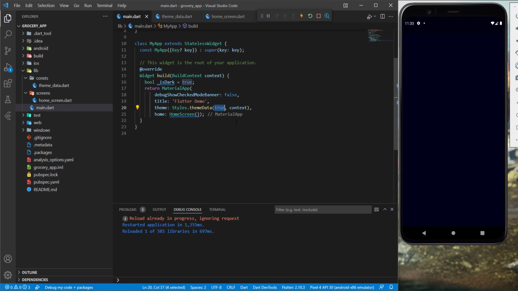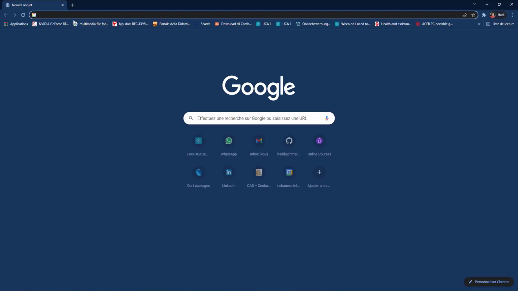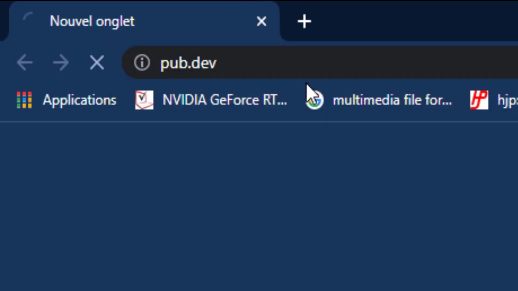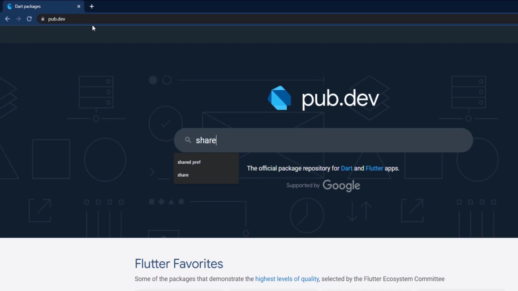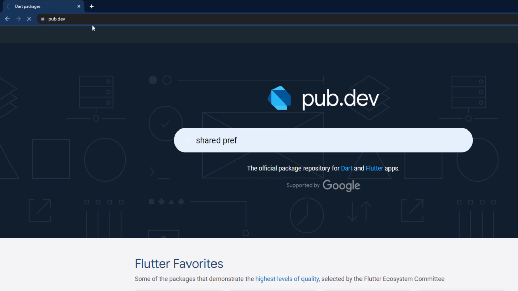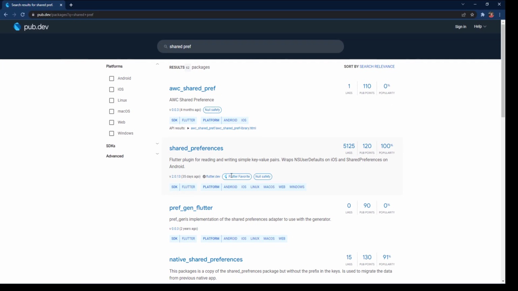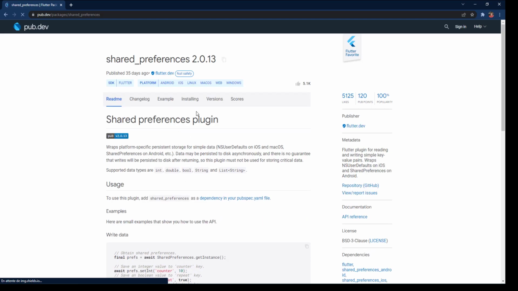So in order to start working on that, we need a library or package called shared preferences. To do that, we need to go to the browser and search in here, or go to a website called pub.dev, then search for shared preferences. And here it is, the second one appeared. And of course, it's Flutter Favorite and it has null safety support. So go to this link,